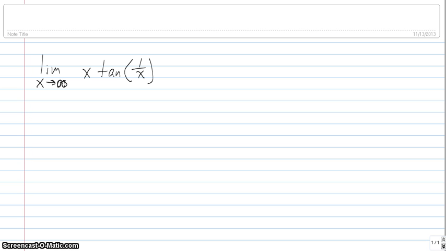one of the indeterminate forms, because as x goes to infinity, x is also going to go to infinity. And we know that 1 over x goes to 0, which would give us infinity times the tangent of 0. So we get infinity times 0, and that's one of the indeterminate forms, which tells us that we may want to use L'Hopital's